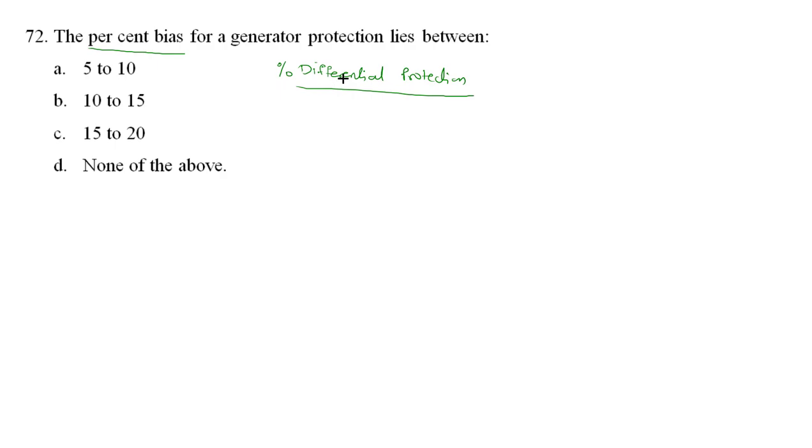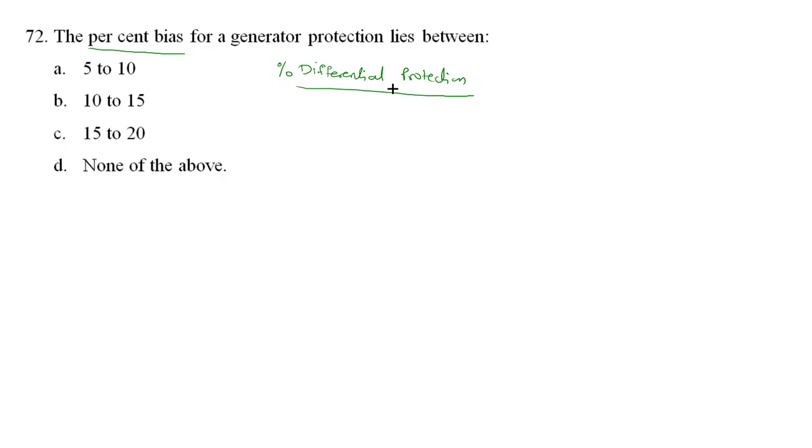So in order to prevent unnecessary tripping in case of external fault, we use a bias. Means we are asking the relay to not operate for a certain amount of current because that current may be due to the external fault or through fault. Now if you compare the percentage differential protection of a generator and a transformer, then in case of transformer we are aware that it is basically a voltage changing device. For example 400 by 220 kV or 220 by 132 kV and so on.